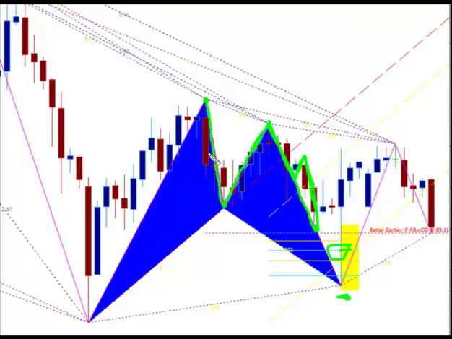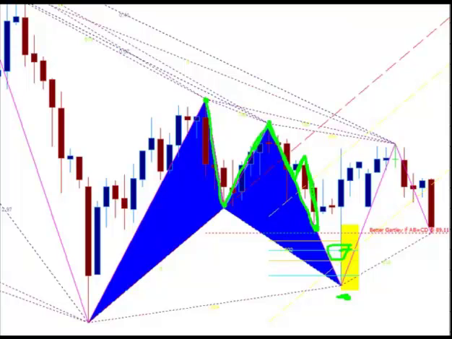So you could see it in the AB equals CD leg, you could see it in the CD leg of the harmonic pattern, and you could see it even within both, and it could be almost like a fractal sort of AB equals CD pattern, which shows some great structure. So I mean, that's some great stuff that we can really use. You can probably use it right away when you're looking for these patterns to see if they have those AB equals CD patterns in there. But now let's focus on the really important stuff, which has nothing to do with